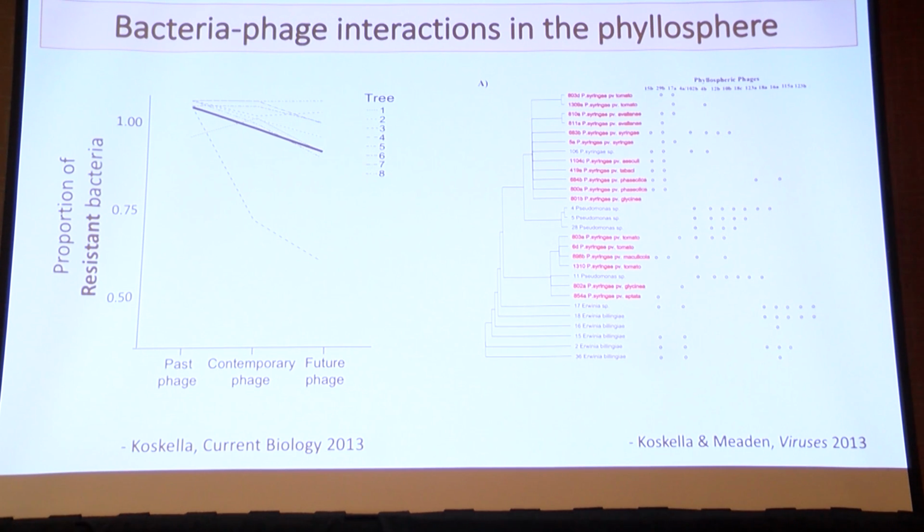but also that some of these phages, a single phage type that we pull out, can infect both Pseudomonas and Erwinia. But interestingly, just because they have a broad host range and can infect both Pseudomonas and Erwinia, doesn't mean they infect all our Pseudomonas syringae isolates. So host range is complex, and I would say that it's